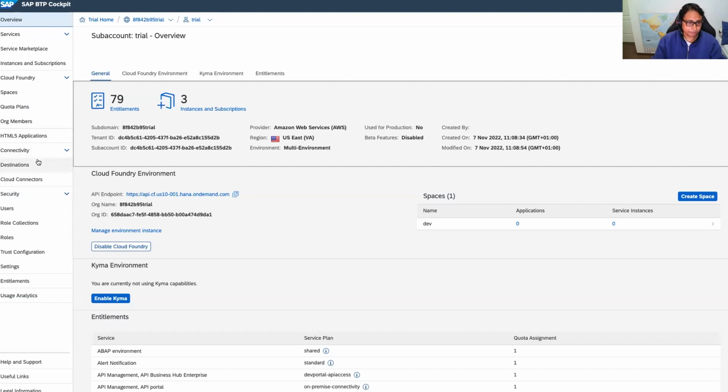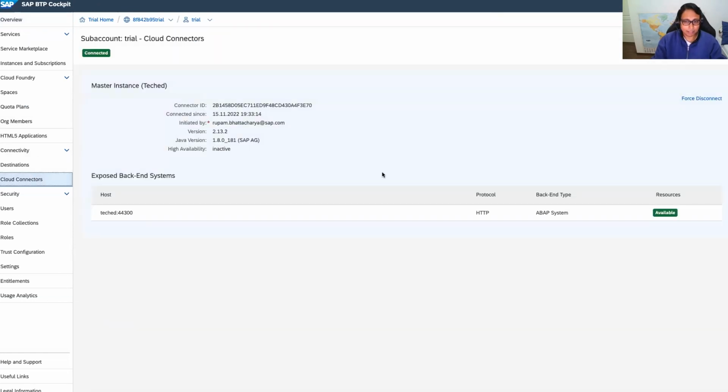We can go here and check the cloud connectors that are connected right now. And here you can see that this has been connected. And you can see TechEd 44300 is the host, and this is how it has already been shown. Now, what is the next step? The next step is to configure the site to access the